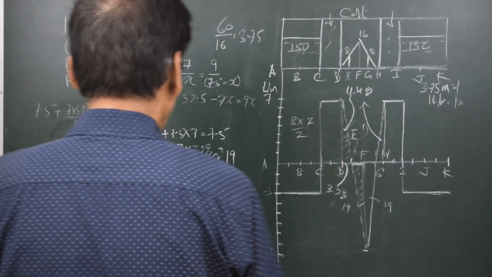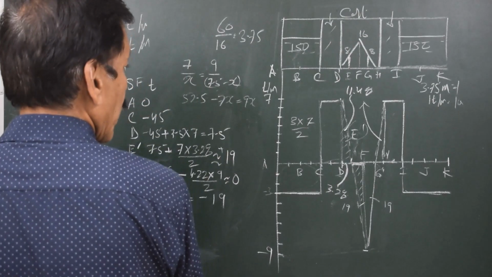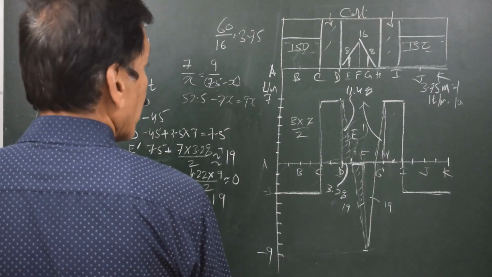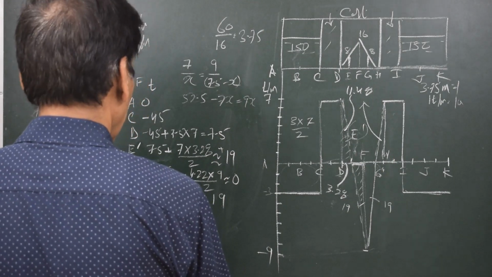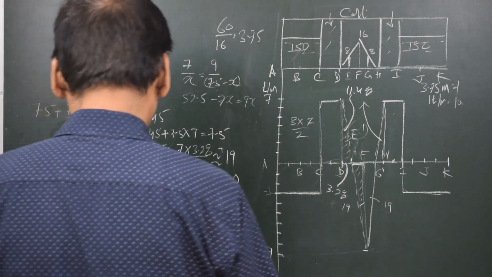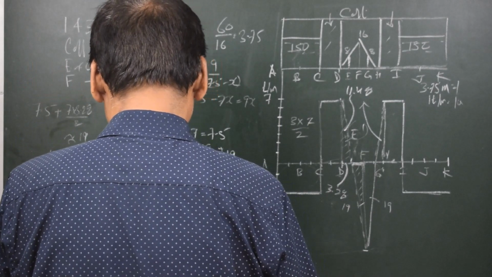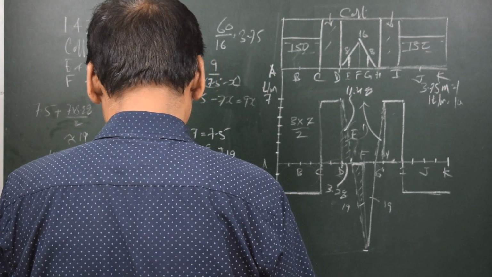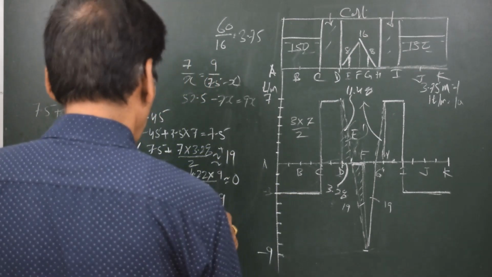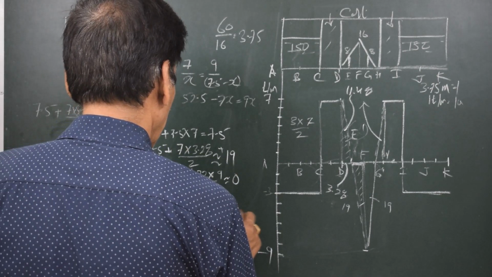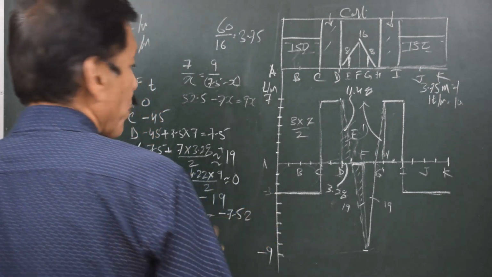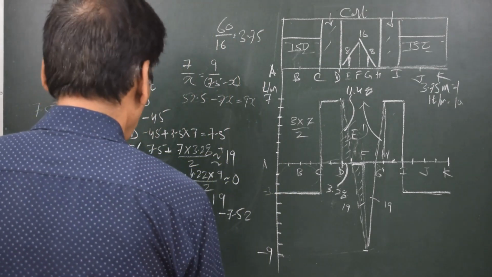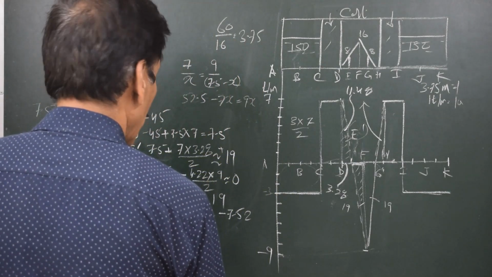Now over here, that means at H, it is going to be minus 19 plus 11.48, that gives me minus 7.52. And then at I, it will be minus 7.52